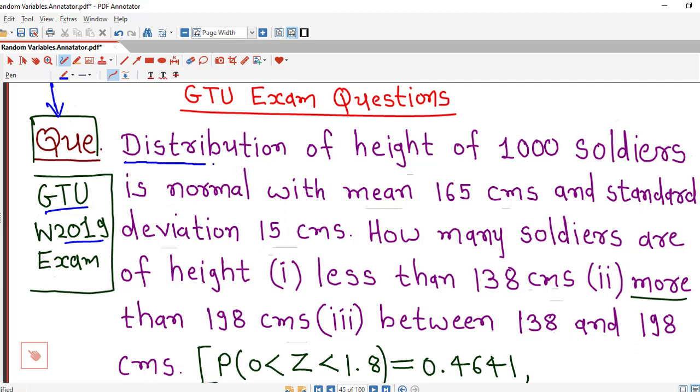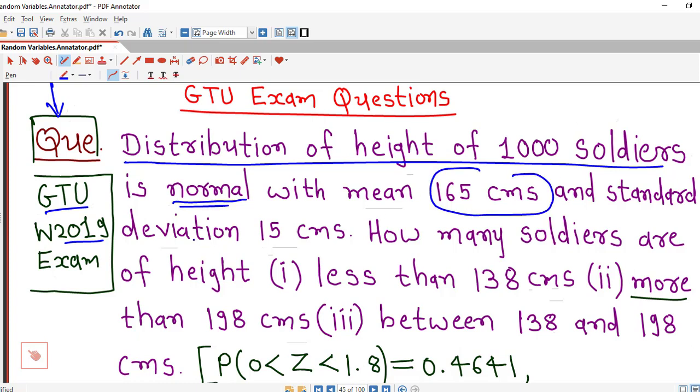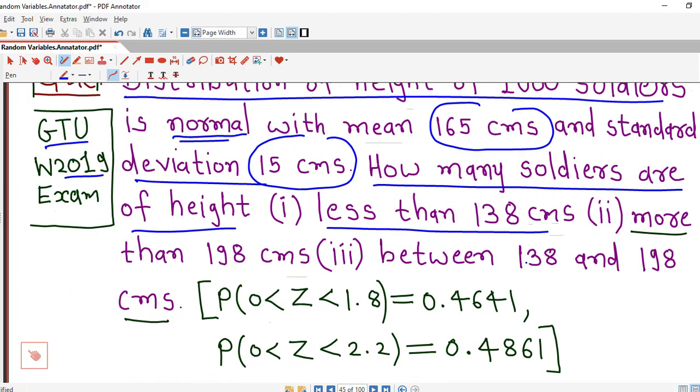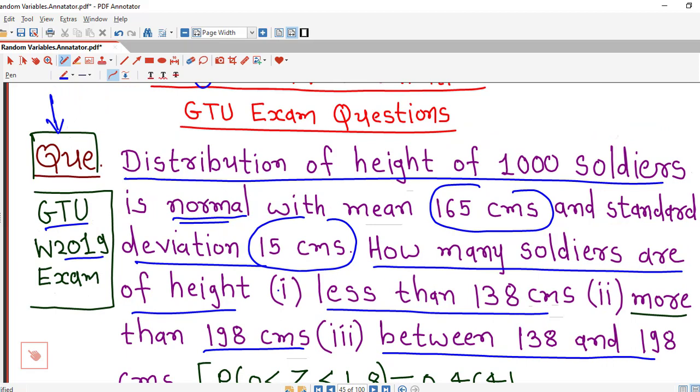It is given that the distribution of height of 1000 soldiers is normal distribution with mean 165 centimeters and standard deviation 15 centimeters. How many soldiers are of height less than 138 centimeters, more than 198 centimeters, and height between 138 and 198 centimeters? So it is already given that this is the problem of normal distribution with random variable as